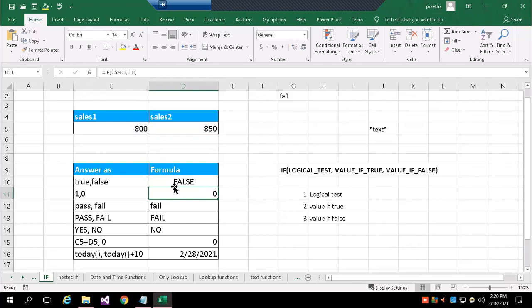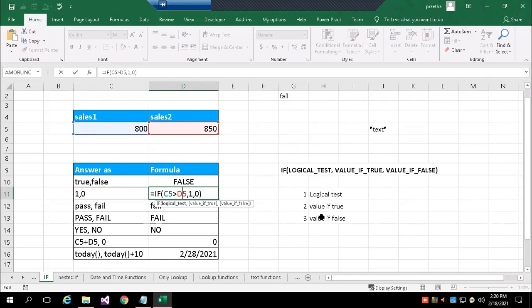Same, after evaluating the condition, I wanted to write either 1 or 0. So I started the logical function IF. IF has three arguments. The first argument is the logical test, where I have written C5 is greater than D5. The second argument is value if true: if the logical test is true, write 1.